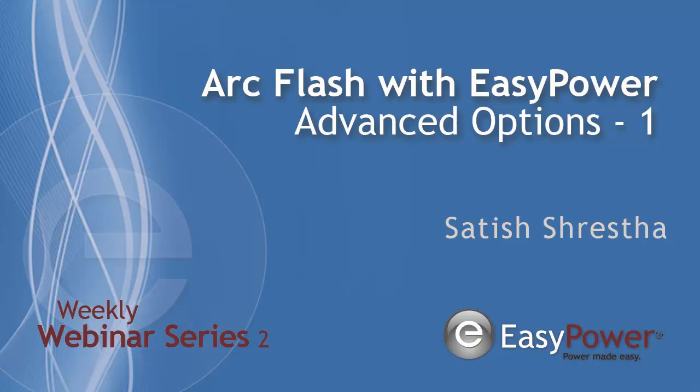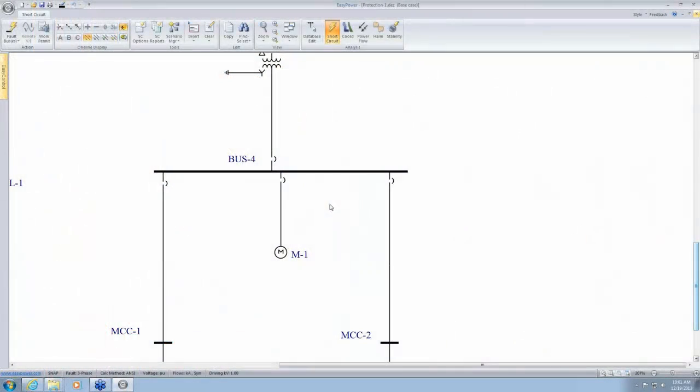Okay, I'm going to start by looking at a switchgear. So in this online drawing, I have a switchgear model with circuit breakers, the main circuit breaker, and some feeder breakers. When we perform arc flash hazard analysis, there may be cases where we have to consider what the hazard level might be at different locations within the